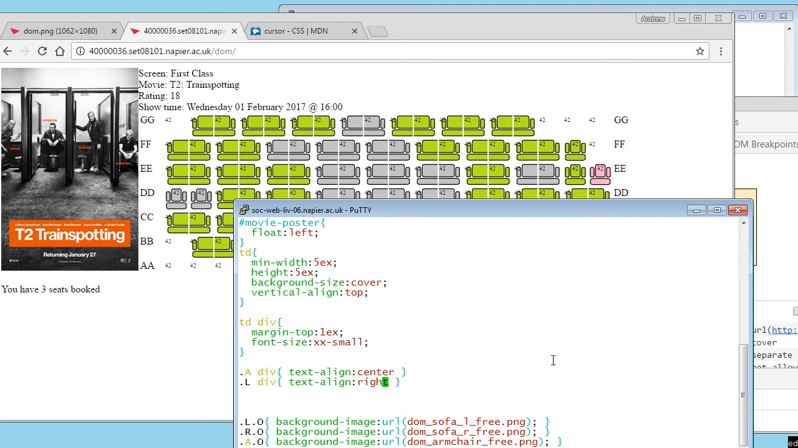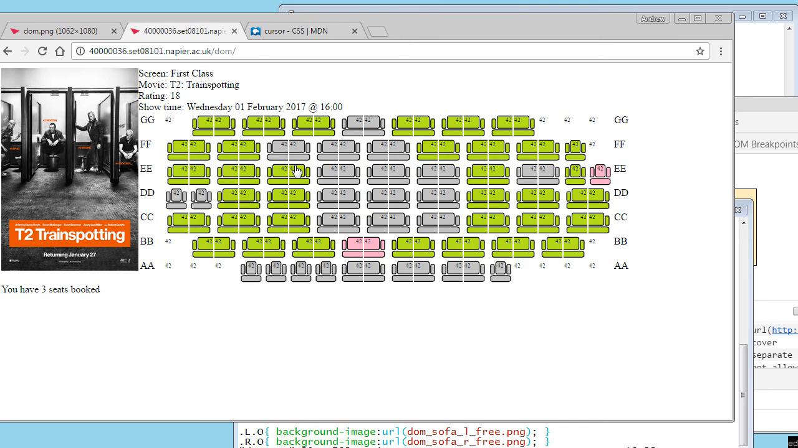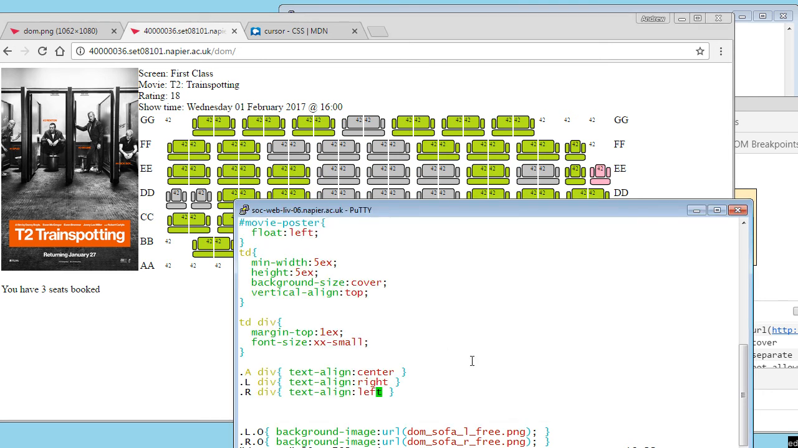And although it was the default, it seems kind of neater to put in here. If it's a right sofa, then I want the text align to be left, even though it was like that already. Kind of add symmetry, reload. Okay, that's looking good. I think I'd like a little bit of a gap here, and I can put that in. So let's put in